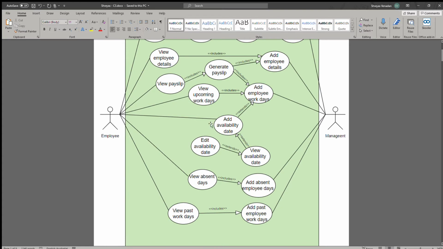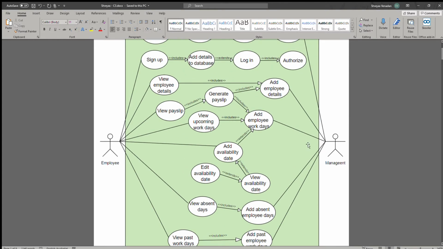If we go up here, they can add availability dates, and then this can extend to they can also view it, and if something's wrong, let's say you can't go in that day, they can go edit the availability date. This also extends into the management adding employee workdays. So they add employee workdays by analyzing the availability dates that are available, and this